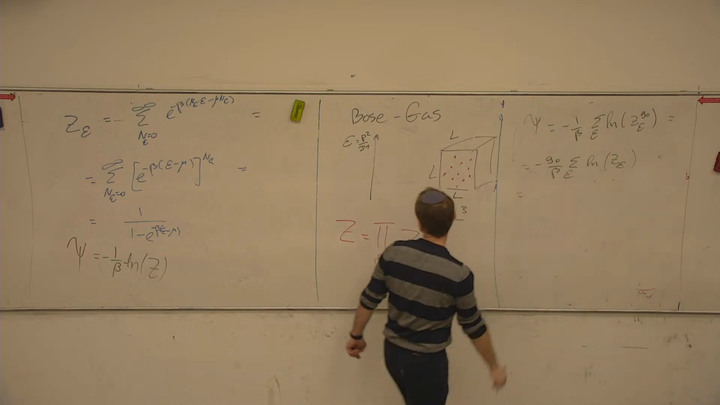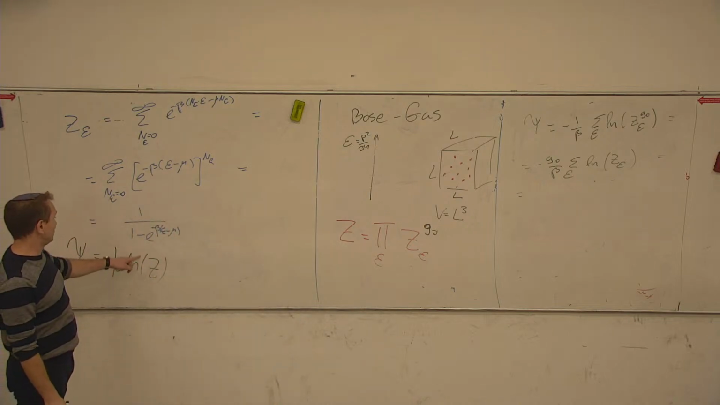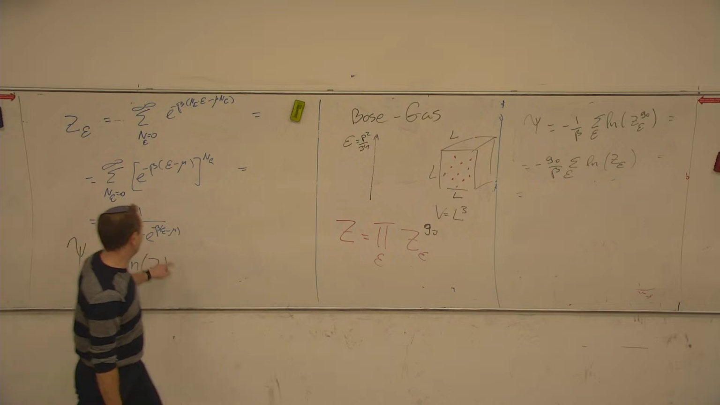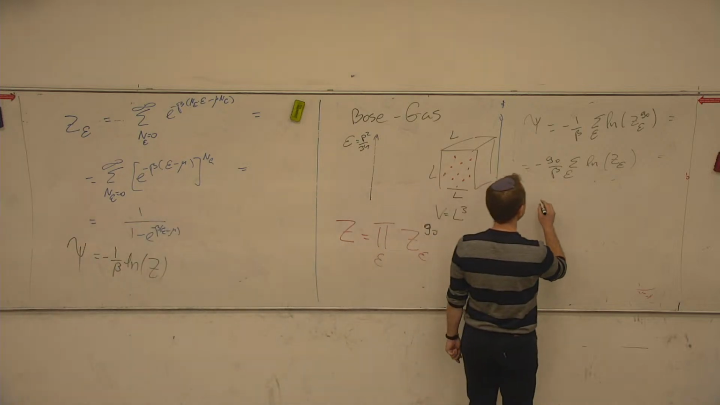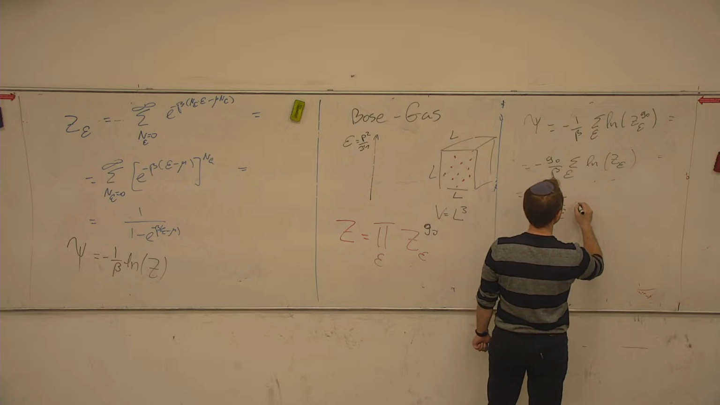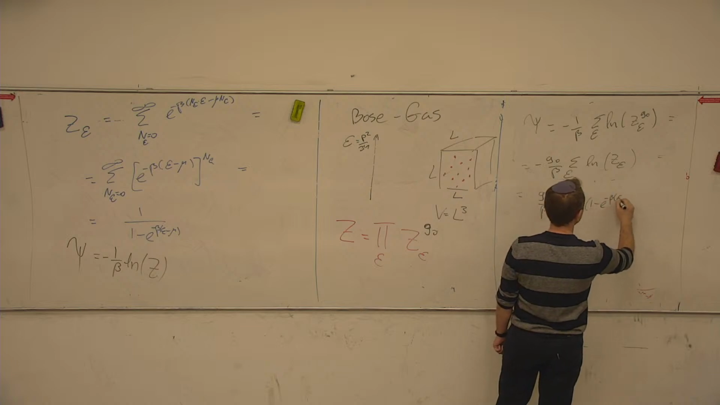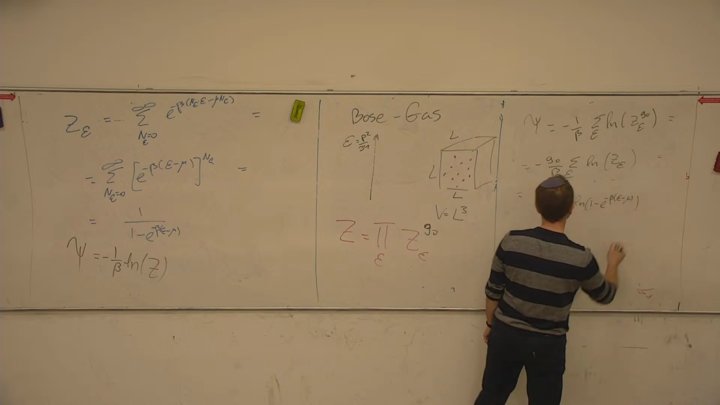Now, since each of these z epsilon is what? It is 1 over 1 minus e to the power minus beta, epsilon minus mu. So we have here g0 divided by beta, a sum over epsilon, and here we have a log of 1 minus e to the power minus beta, epsilon minus mu, and that's